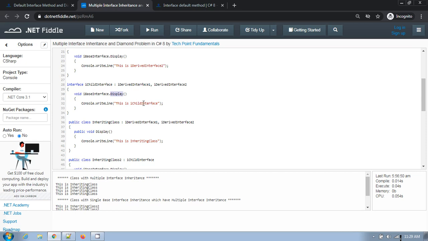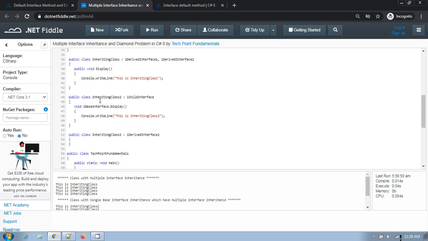So this child interface is inherited in this inheriting class 2 right here. If you see here clearly, only one interface is here, right? For this class it is single inheritance, because it is a single interface which is inherited by this class.